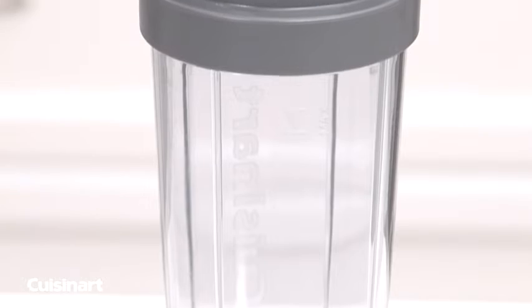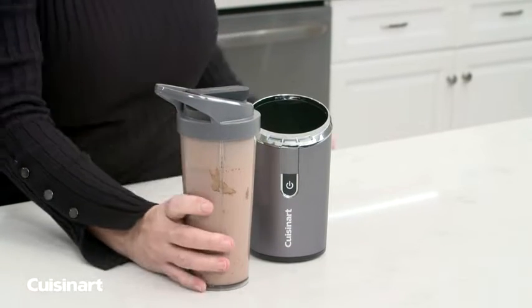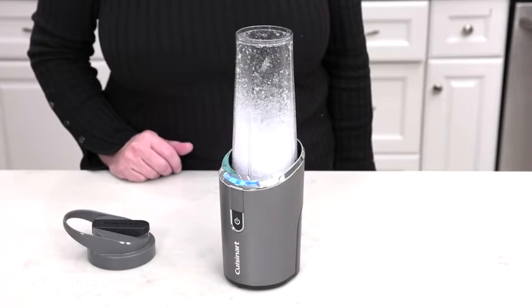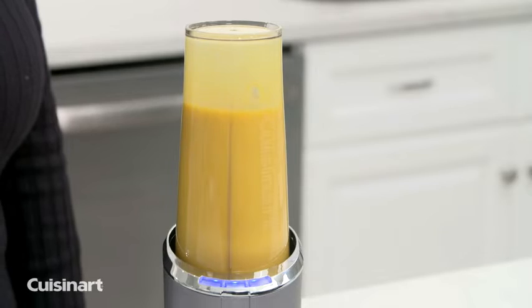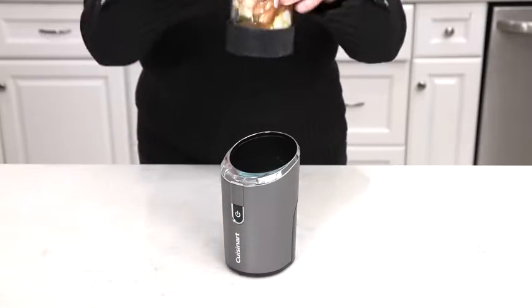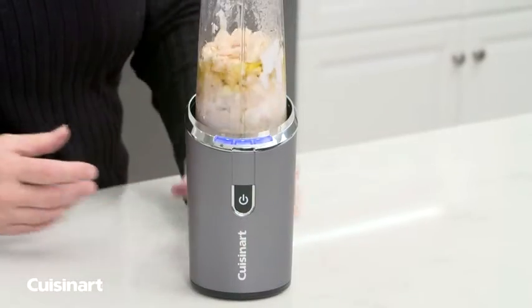The 16-ounce travel cup with lid is BPA-free and makes staying healthy on the go easy. The Evolution X cordless rechargeable personal blender is powerful enough to crush ice, yet versatile enough to puree soups, dressings, and shakes. The blender base has slip-proof feet for sturdy use, runs on a rechargeable 7.4 lithium-ion battery that won't